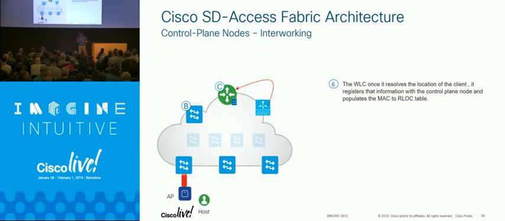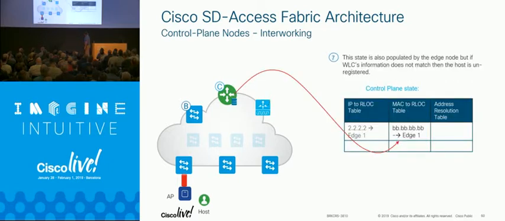Sorry? Perfect. Because the answer is the WLC does not know IP addresses. It only tracks MAC addresses. It doesn't understand an IP address. So that is the reason the WLC populates the MAC address table of the control plane node,